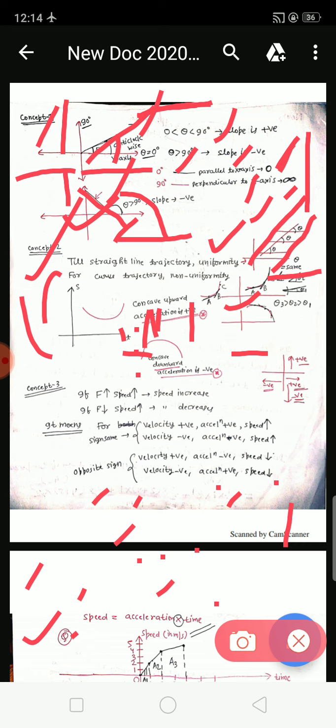And non-uniformity in nature means that this value can be increasing or decreasing. Slope can increase in different intervals, and it can decrease in different intervals. How will you find it? To find the slope value, you need to draw a line perpendicular to that curve, and you have to see what the theta value is. This theta value keeps on changing in different intervals, or it is decreasing in different intervals. From there you can find the slope value.